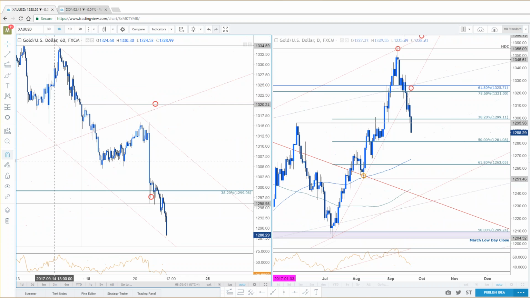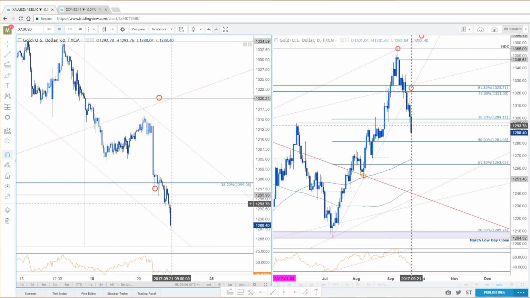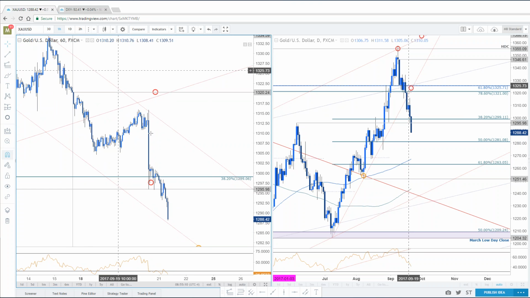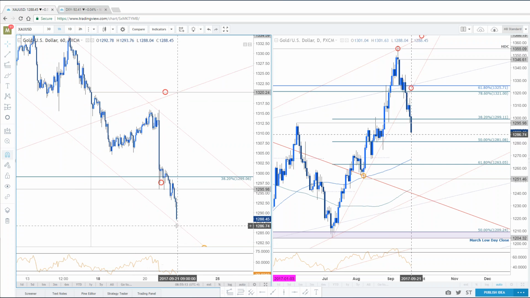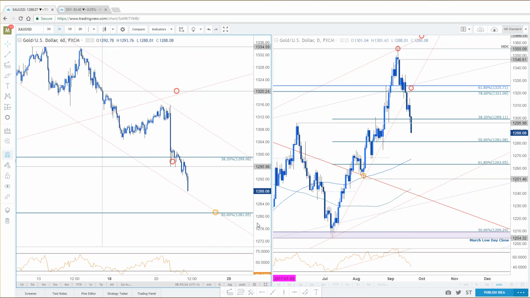Again, another really nice trade. I personally thought we were going to get a little bit of a bounce here to be able to get back in. Markets had something else in mind. So here we are heading to the next downside target, which we noted at the lower parallel. Right now, that comes in somewhere around 1287, 1288. So just watch that near-term support zone. Ultimately, the 50% retracement of the entire advance takes it down to 1281. It's pretty sharp. I wouldn't go chasing this if you're not already short. There's nothing to do here.